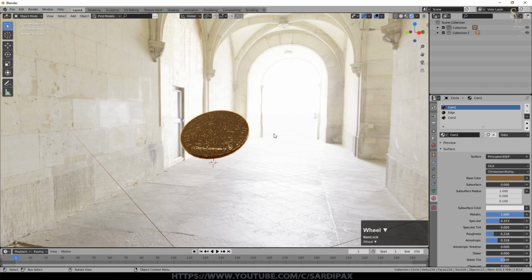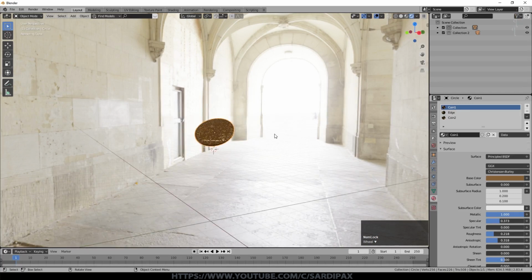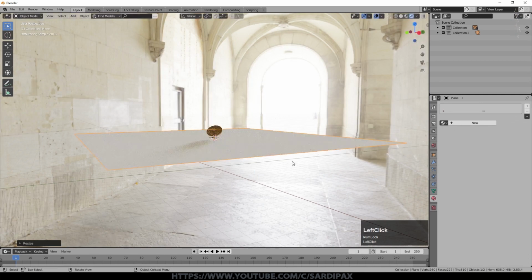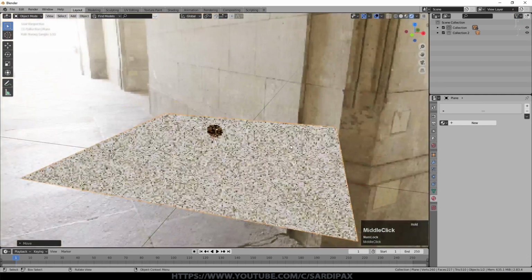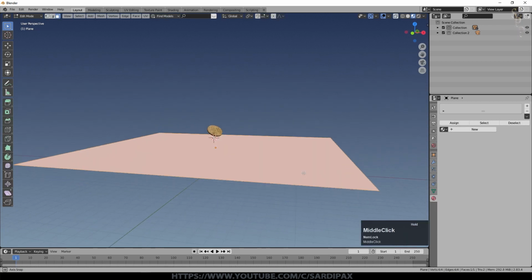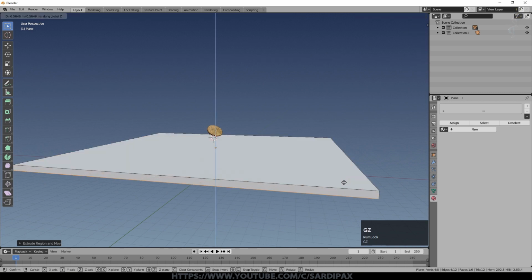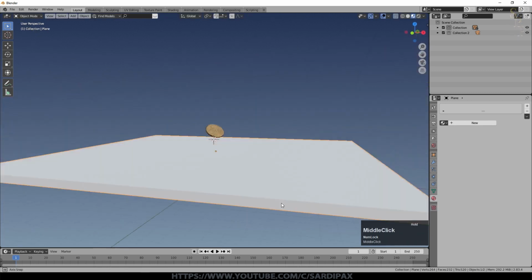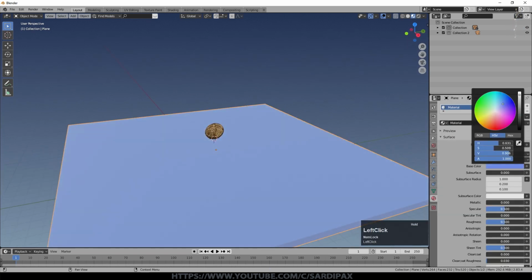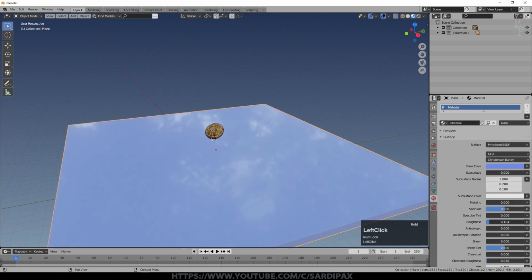The next thing we want to do is just create a lot of them. That's obviously just duplicating them. We're not using a particle system here. And then add physics. So I'm just going to add a plane, increase the size of that. And now with physics, it will often work better with a collision plane if you make it actually a box. So I'm going to press E and then G, Z, and just bring it down like that. So we've actually got a flattened box now. And we'll add a new material and give it a nice blue color and make it slightly shiny.